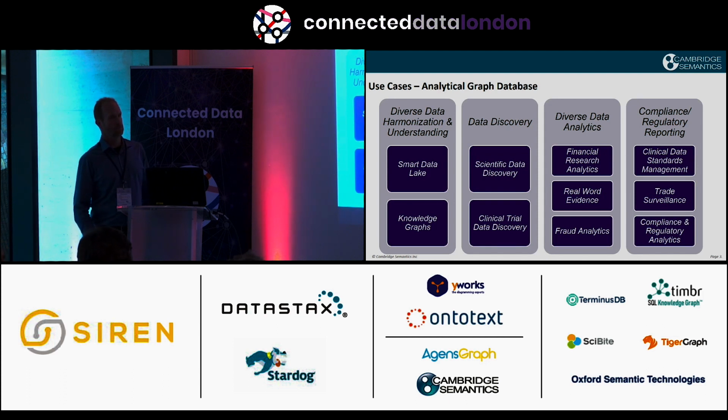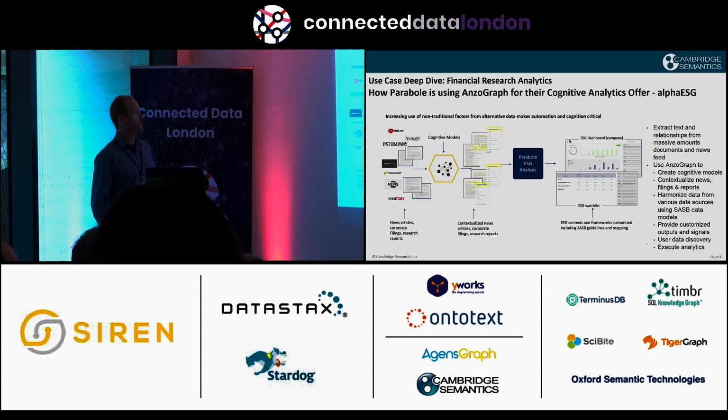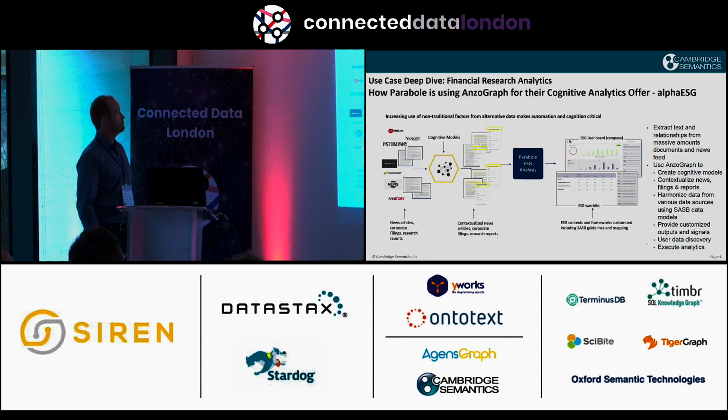So this bottom-up way of doing it versus the top-down knowledge graph way is what we are seeing a lot of traction there, and that's where people are starting to use graph databases. So I want to drill down on that use case. We've got a customer and partner in a company called Parable AI. Parable AI is a cognitive analytics platform,